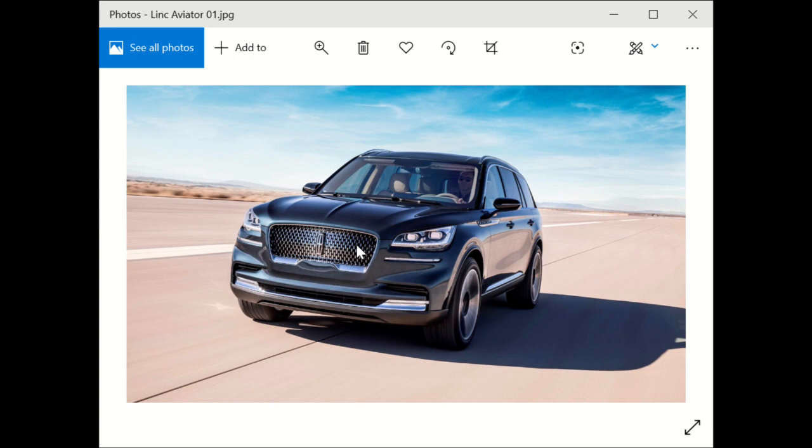Now, Lincoln has done astounding things with their engineering, and have developed a niche that makes you think about luxury. For example, if you were driving this on your way to the airport doing important business or a meeting, or even something that's said as a funeral procession, much to Lincoln's dismay,